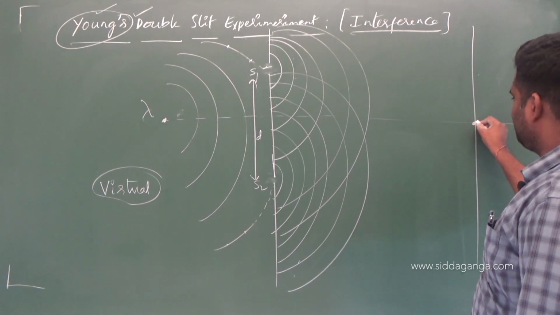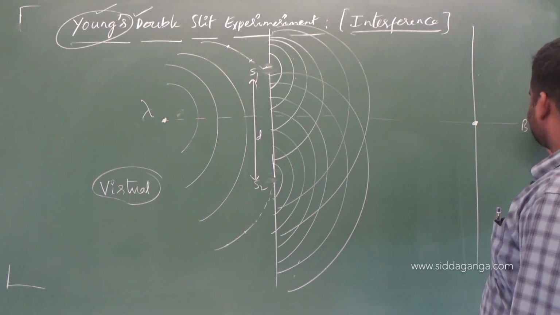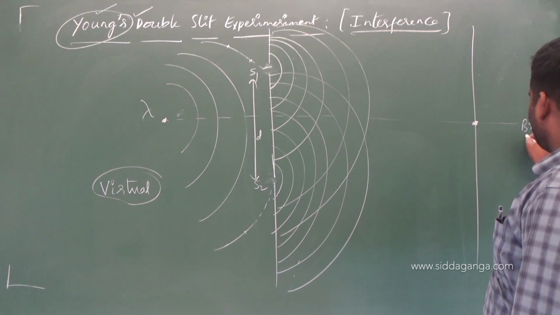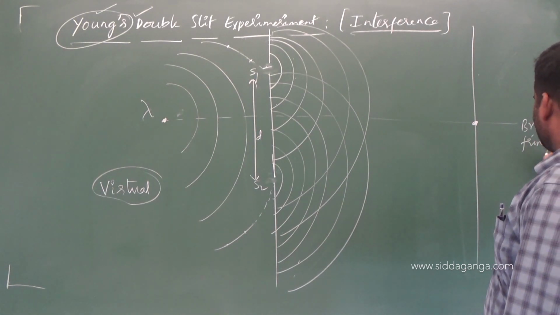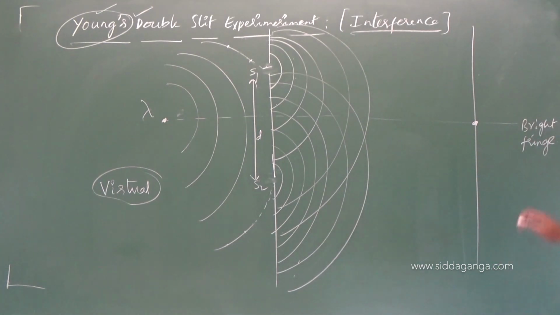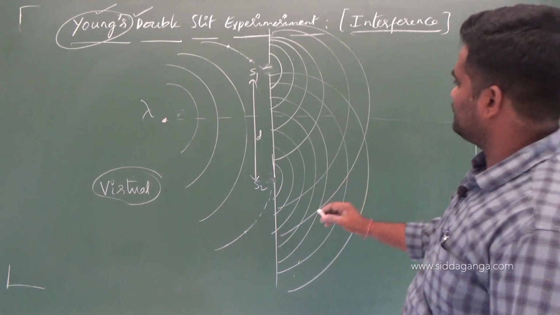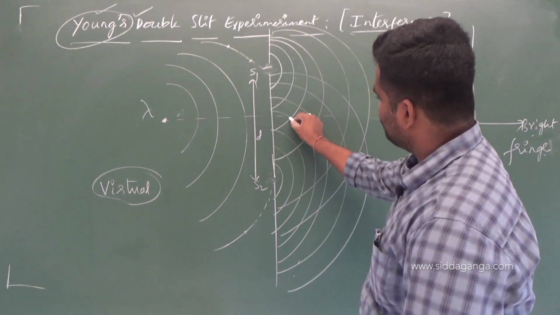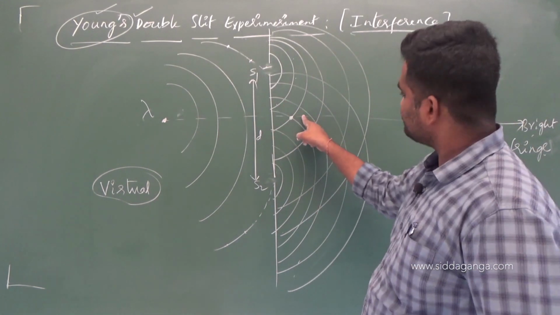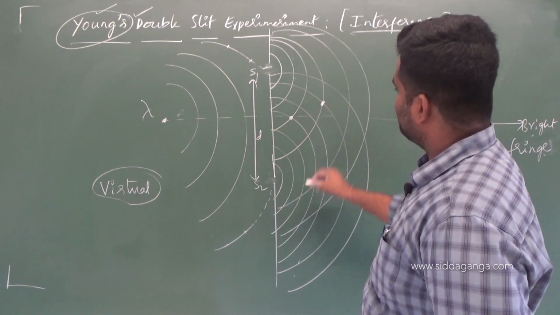At the center of the screen, what is going to be formed? Bright. The terminology we are going to introduce here is fringes. A bright fringe is going to be formed at the center. Central bright, exactly at the center, a bright fringe is formed. Now, for example, see these two waves superposed here, and again at this point,